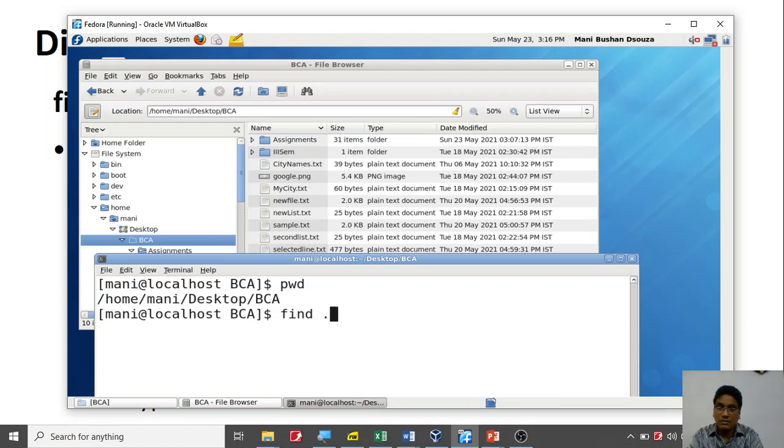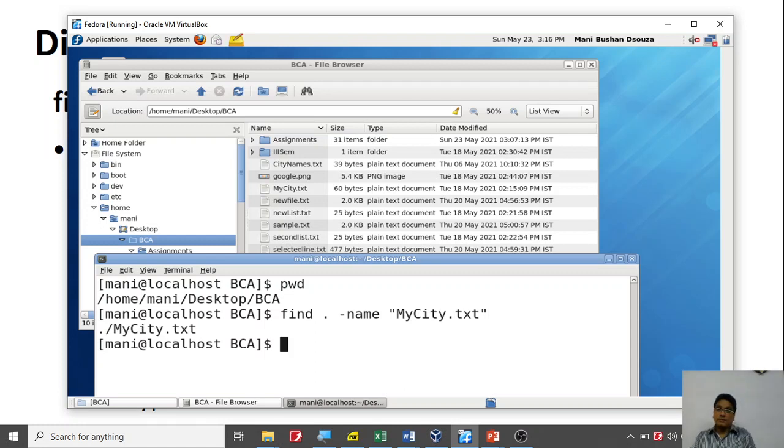So find dot, the current directory, and minus name, and I want to find my city dot txt. I want to find this file. If I press enter, it shows me that it is my city dot txt.